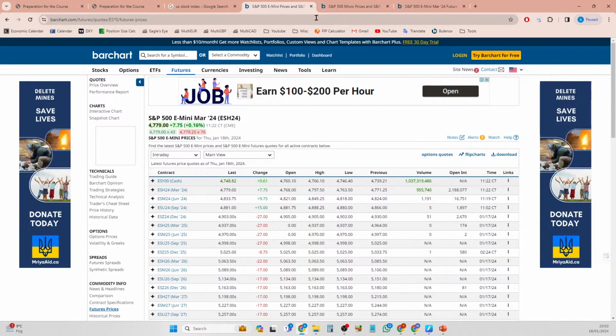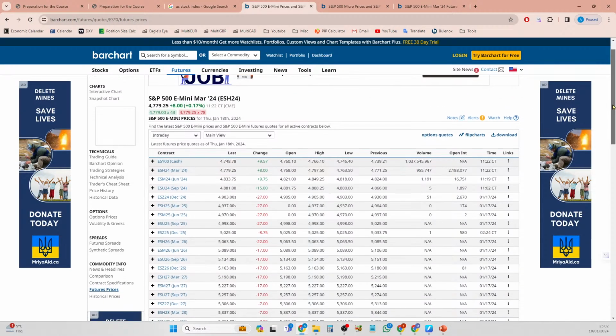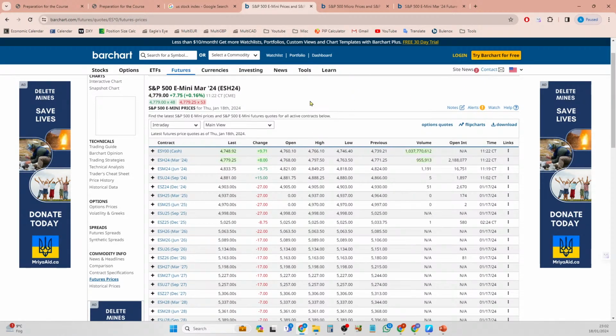Okay, even before we go into that, let me talk a little bit about the index futures part. Now, when it comes to index futures, they are traded in terms of contracts. And the peculiarity of futures is the contracts expire at a certain point in future. So right now, S&P 500 E-mini, the current contract is March 24 contract. The March 24, you can see over here, this is the first contract mentioned in the list. The first one is cash, which you ignore, you do not track this. The second one is the first contract.